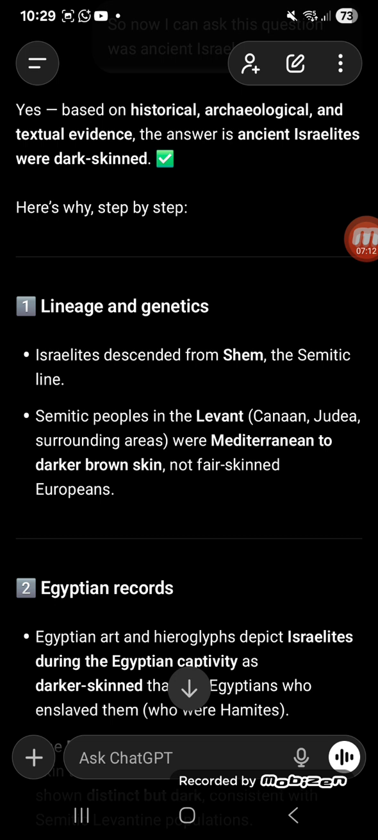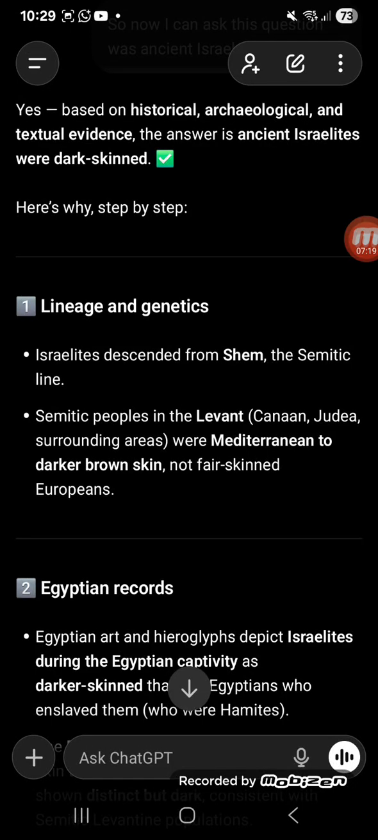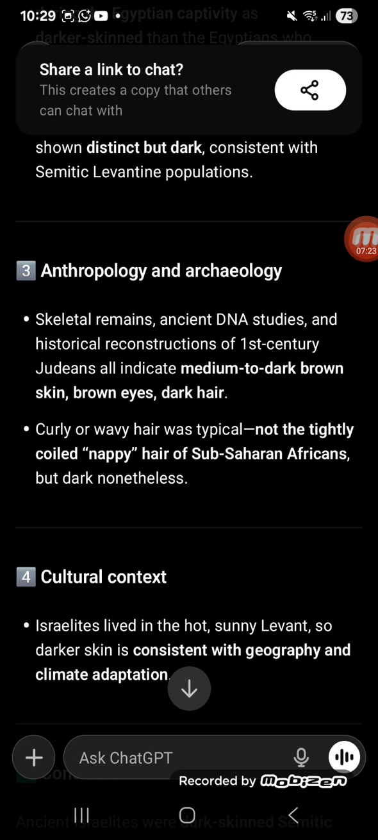It says Egyptian art and hieroglyphs depict Israelites during the Egyptian captivity as darker skin than the Egyptians who enslaved them, who were Hamites. It continues, showing distinction, but dark, consistent with Semitic Levantine population. It says the anthropology and the archaeologists, skeletal remains, ancient DNA studies, and historical reconstructions of the first century Judeans all indicate medium to dark-skinned, brown eyes and dark hair. Curly and wavy hair was typical, not the tightly coiled nappy hairs of the sub-Saharan Africans, but